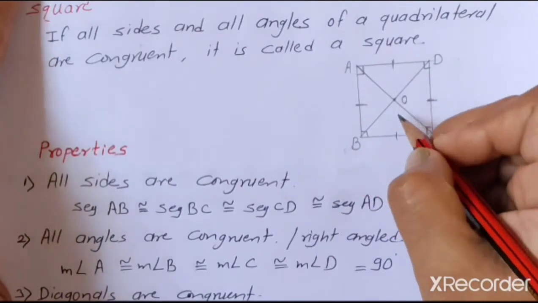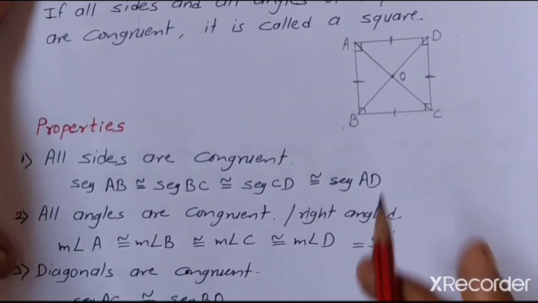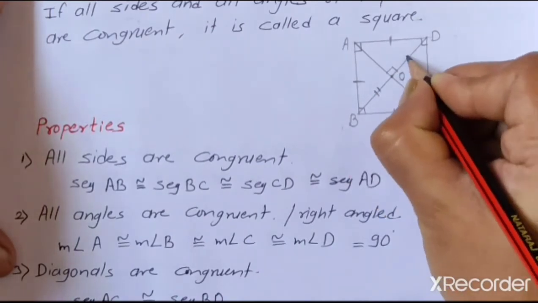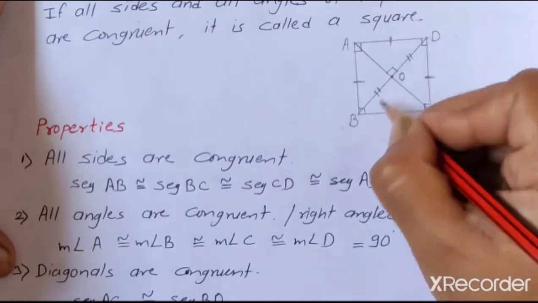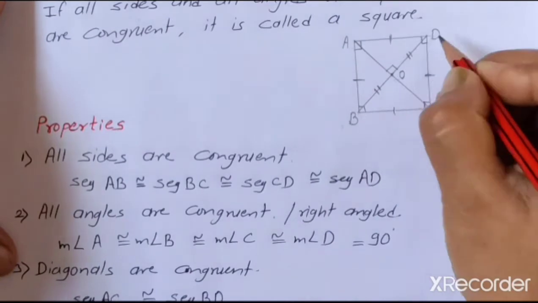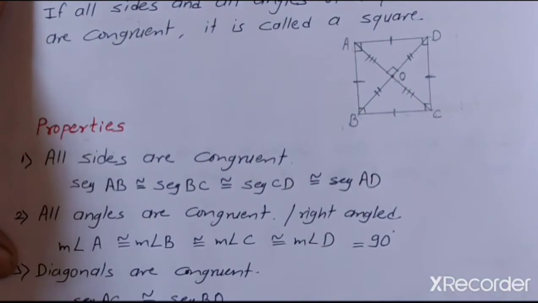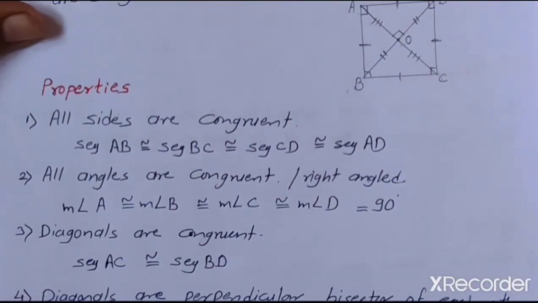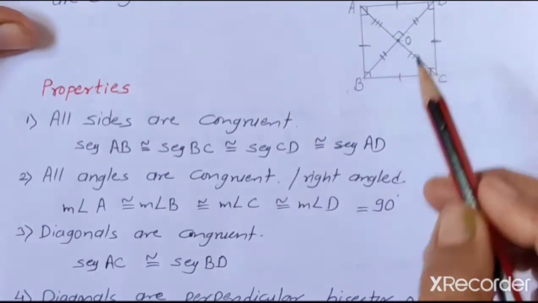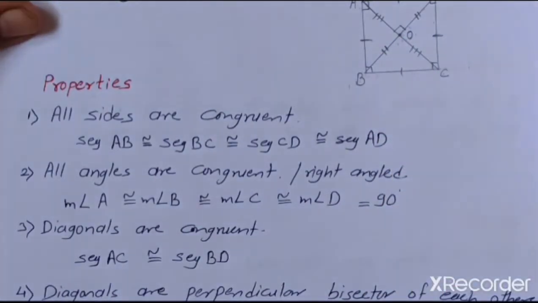The next property is that diagonals are perpendicular bisectors of each other. So here I am making this perpendicular mark, and due to this perpendicular, diagonal BD is divided into 2 equal parts, that is BO and OD. Similarly here also. So from this figure we can say this measure of angle, here I take only one angle, all these 4 angles are of measure 90 degrees, and these are the 2 parts of these diagonals.